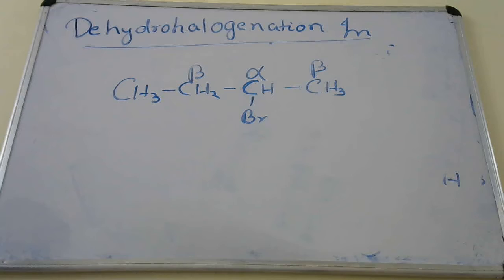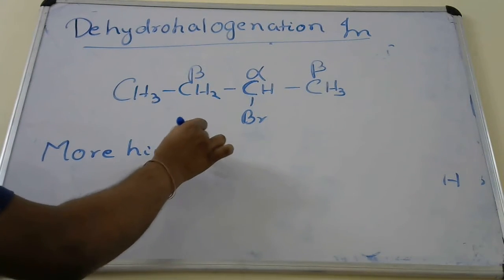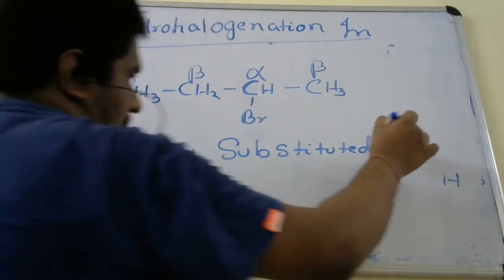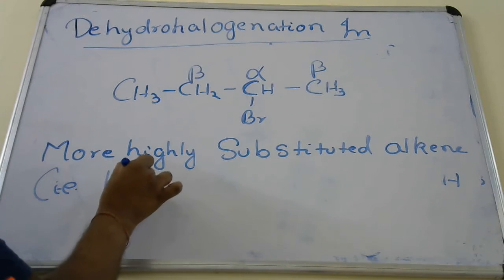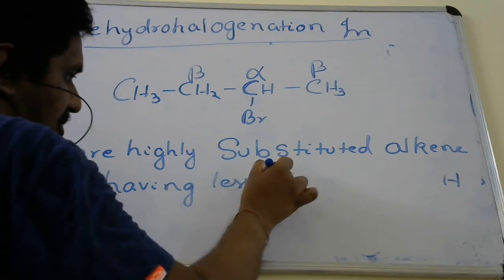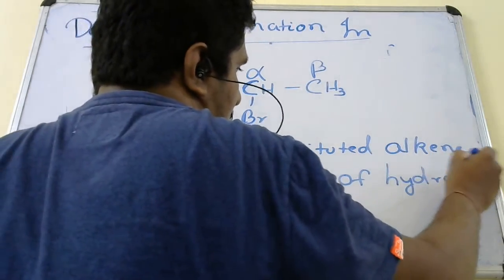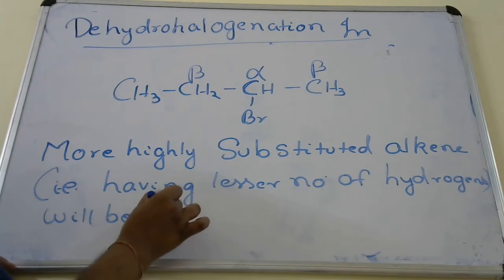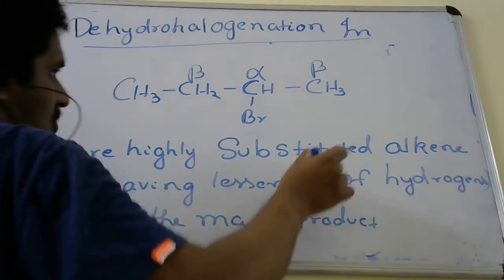What we will do is this: the more highly substituted alkene, that is, the one having a lesser number of hydrogens, will be the major product. So if you give a strong base,